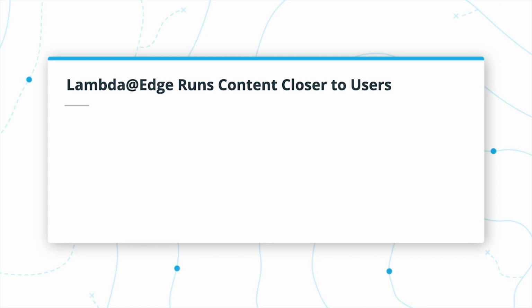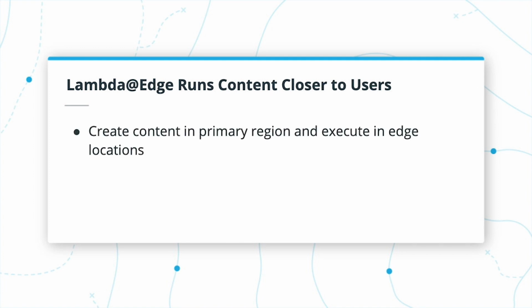AWS Lambda Edge is a great way to speed up your application. Lambda Edge uses the AWS CDN CloudFront to customize the content CloudFront delivers. Lambda Edge is an extension of Lambda where you create functions in one region and execute them in edge locations geographically closest to your users. Running Lambda code closer to users has more benefits than just user satisfaction. It's faster, secure, scalable, and it runs without servers.